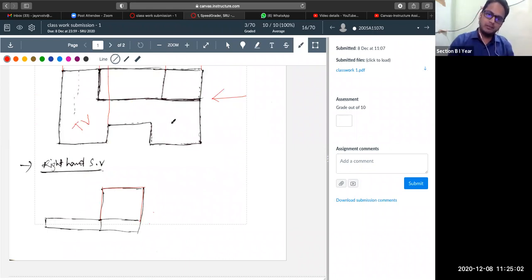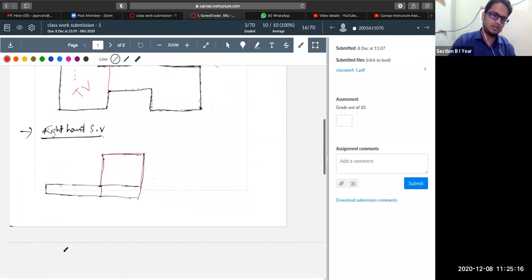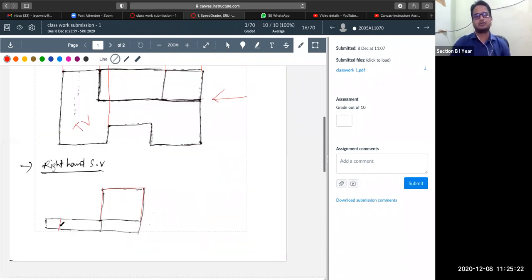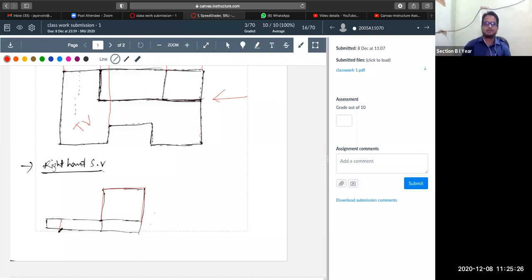So where will it come? It will come somewhere at this part. So it will be the length. You have to see what the length is from this side, and taking from this corner, you have to take the length and make a hidden line at this location. So I'm making a continuous line, but you keep in your mind that this is a hidden line. It has to be represented using dash lines or hidden lines.